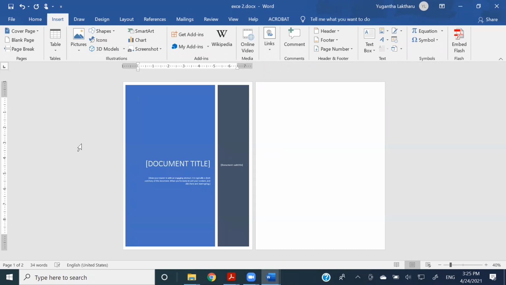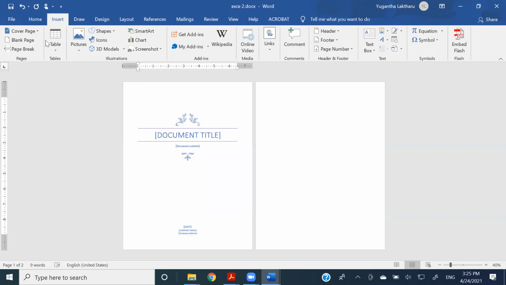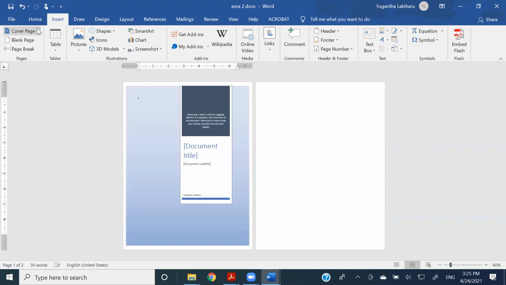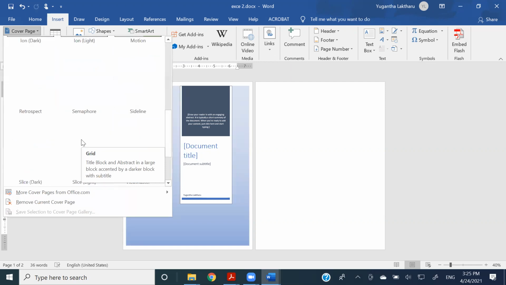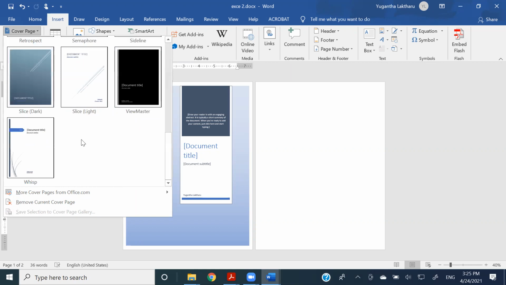See, they won't enter two types of cover pages, right? So whatever the design that you are going to choose is going to replace the existing one, right? And if you don't want these predefined cover pages, you can insert a blank one. Does it